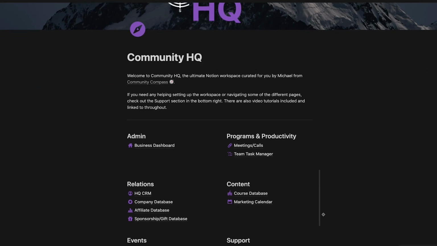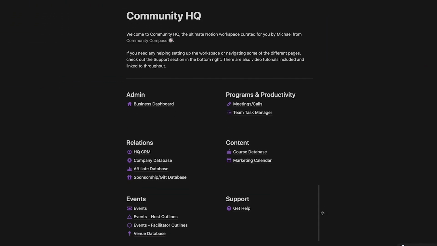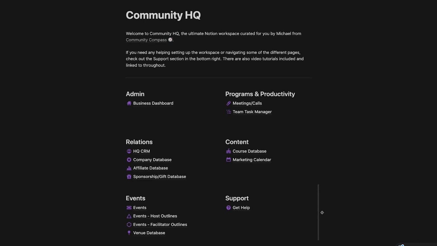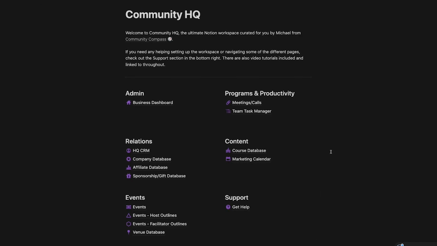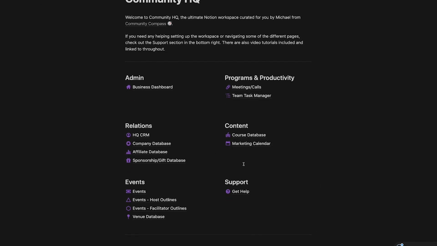So let's get started. As you can see here, we have our directory. This is a place where we can keep track of all the different parts of our workspace. Essentially, it's our home page. And so there's a few different components that I want to share with you today, and I'm going to start